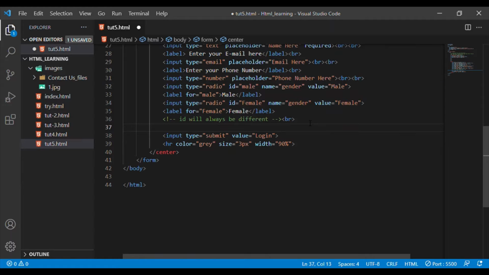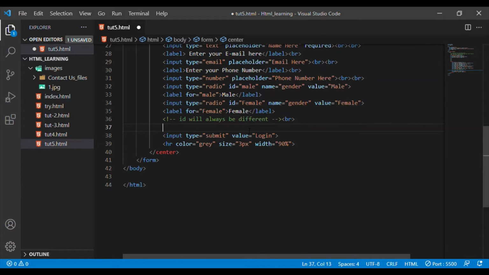Today's new topic starts with the checkbox. So what are checkboxes? Checkboxes are small boxes in which we usually tick the items we want. For example, on a food website where we order many items, in a radio button we could select only one item. But if we want many items to be selected, then we use checkboxes, so that we can have many checkboxes and order many items with the help of one button only.